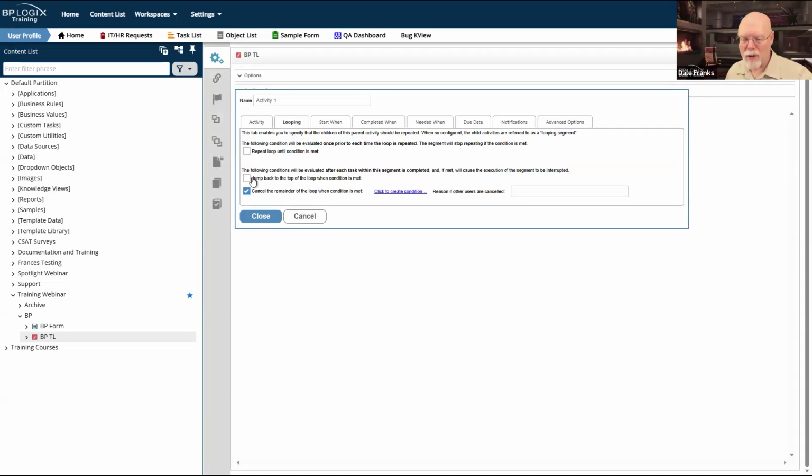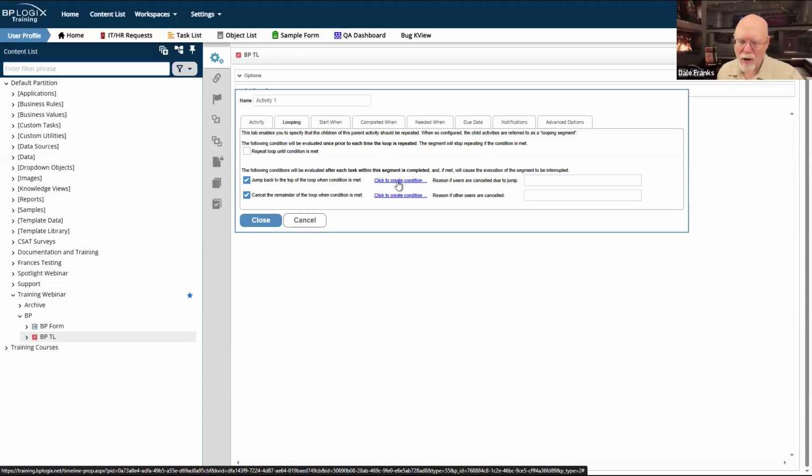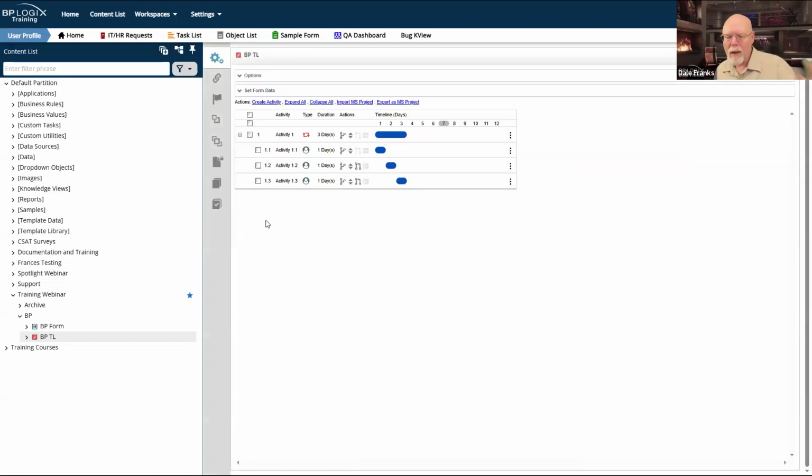If I ever want to do a restart of the loop, if I ever want to do an initiate or resubmittal or whatever, I can do that simply by jumping back to the top of the loop and creating a condition where any child activity result is resubmit. But now I've got full control over this loop. If I have to go back and do a resubmittal and restart the loop, I can do that. If somebody says deny, I can exit the loop immediately and go straight to the final disposition notification. The loop makes your life easier. So use loops whenever you can.